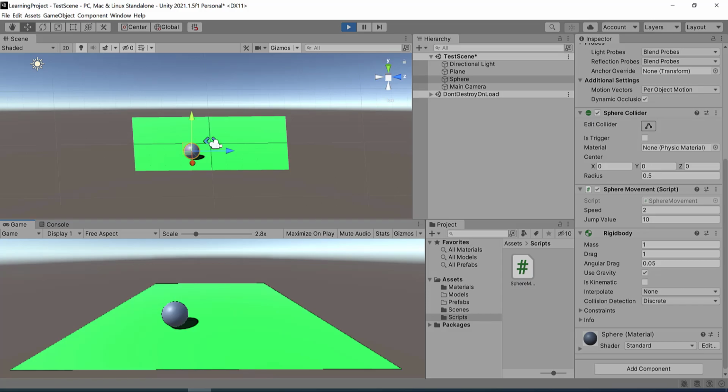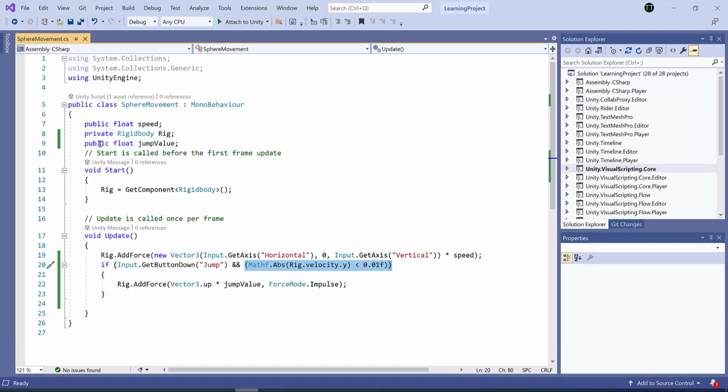Let me explain to you once again. So what we did here, we just added one more variable here. The variable name is jump value, which will tell how much jump, or how much, you can say, the sphere should elevate. So here we added Input.GetButtonDown("Jump").